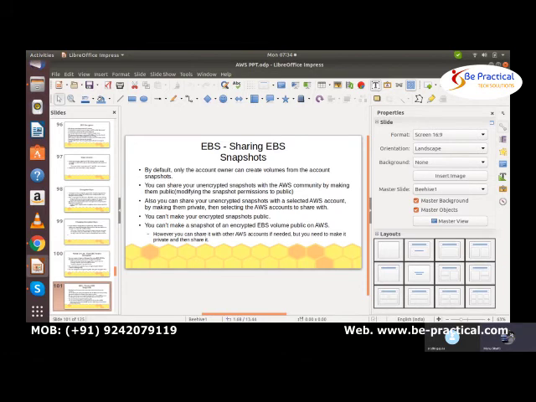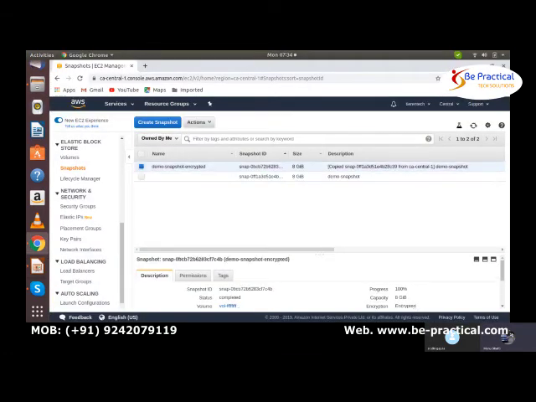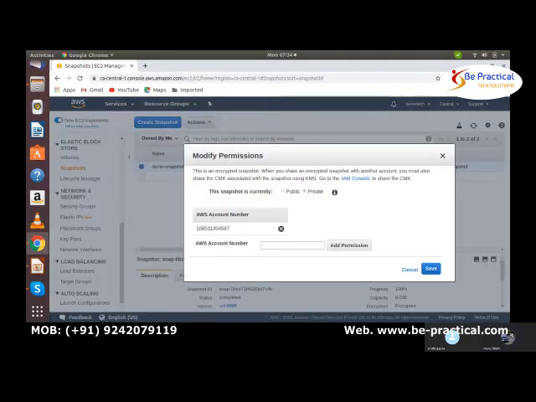So as you can see, these are encrypted, right? So if you click on modify permission, here we cannot, as you can see, I'm clicking on this, but I cannot do it, because it has been encrypted.